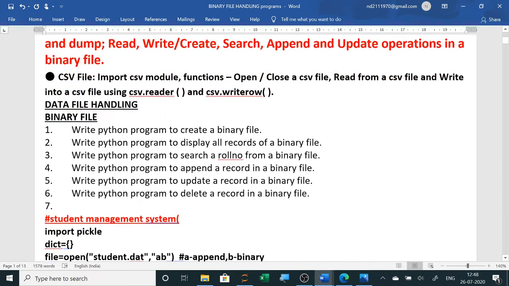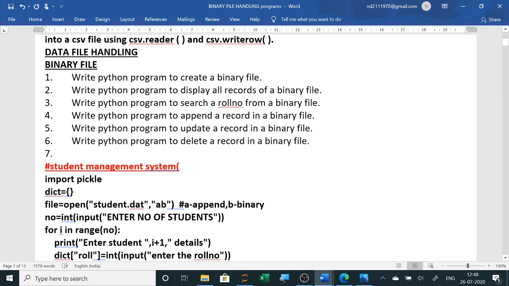Now normally which type of questions will be asked in your exam? Either to create a binary file, or to display all the records, or to search any roll number from a student.dat file, or flight number from a flight.dat file, or to modify or update any record, like the roll number or the marks of the students, or append or add any record.